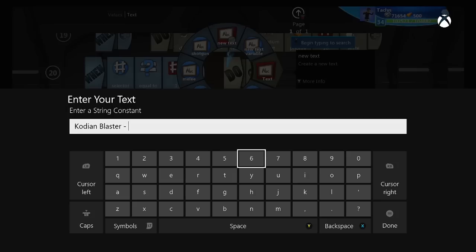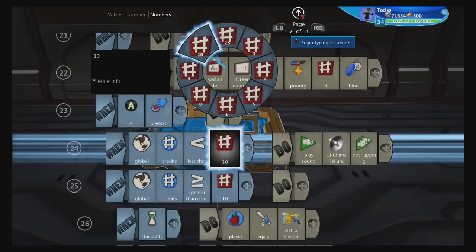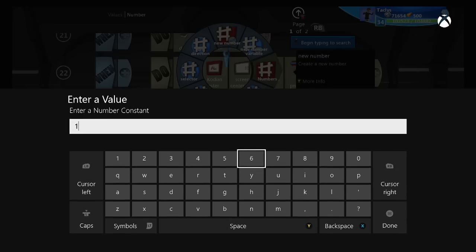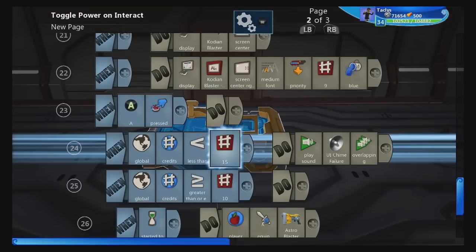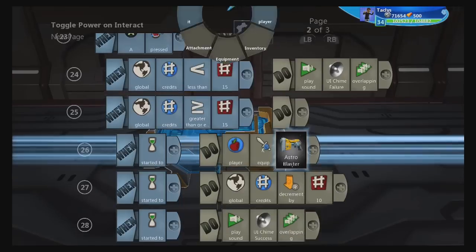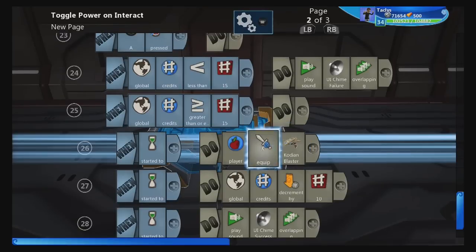Let's make this thing cost a little more because it looks cooler. Codian Blaster, 15. Yeah, 15 credits. Now, when A is pressed, if credits is less than 15, it has the fail sound, but when you've got greater than 15, you equip the Codian Blaster. However, for the Codian Blaster, you're also going to unequip the previous item